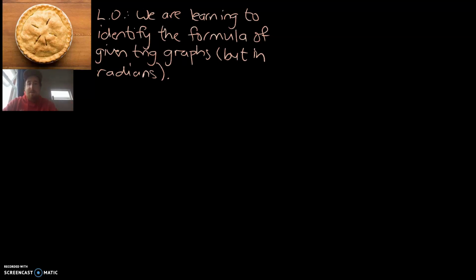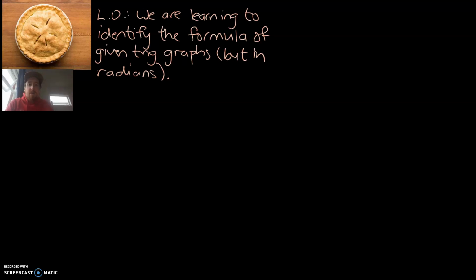Today's learning objective is up the top, and we are learning to identify the formula of given trig graphs. And then I've got the key thing, but in radians. So today is the day we learn what is actually the difference between radians and degrees and how that affects